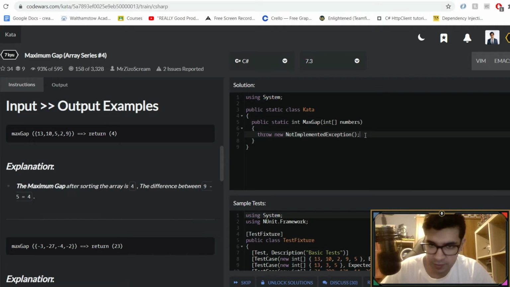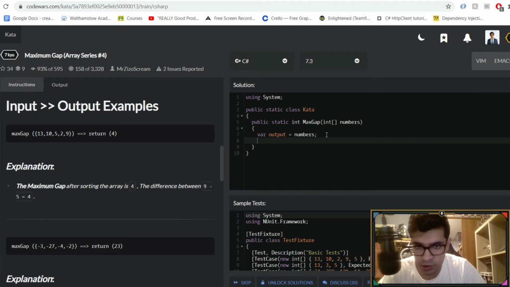So I'm going to be using C# as usual, so I would say var output, we're going to name our output, and I'm going to do numbers dot. I think what we can do is we can try and sort it first in ascending order. So I think it's an array method, Array.Sort. And then we're going to sort the output,